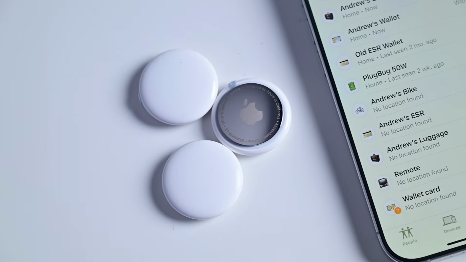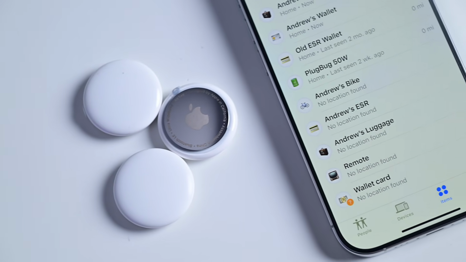Here's how you can master the Apple Find My app, which is a whole lot more than just find your